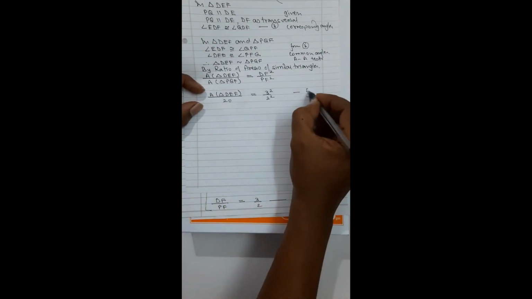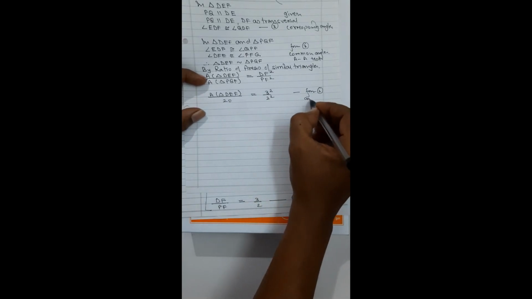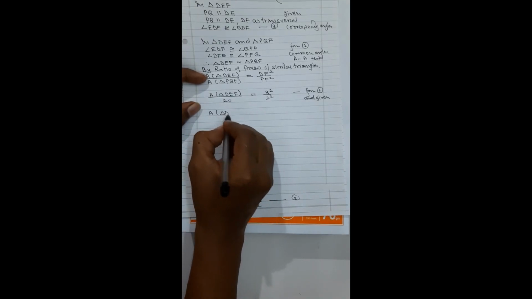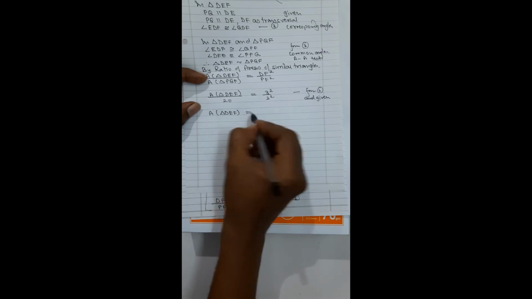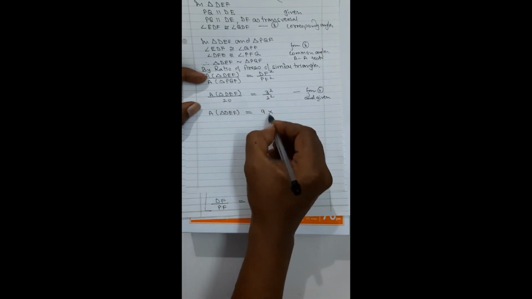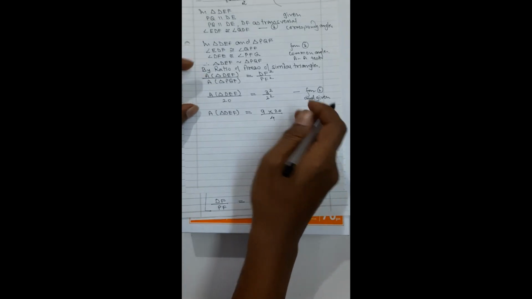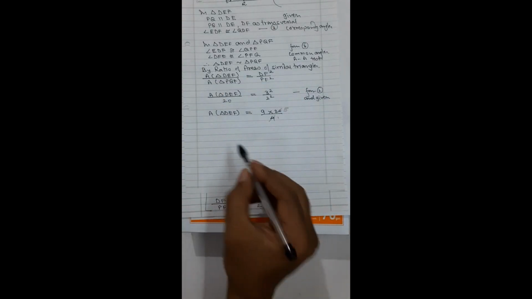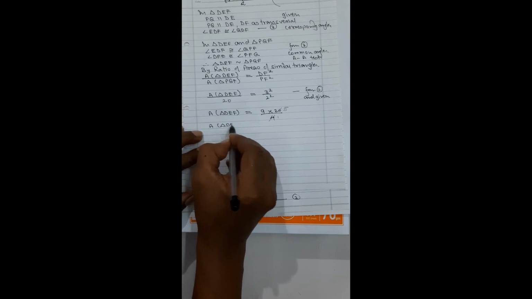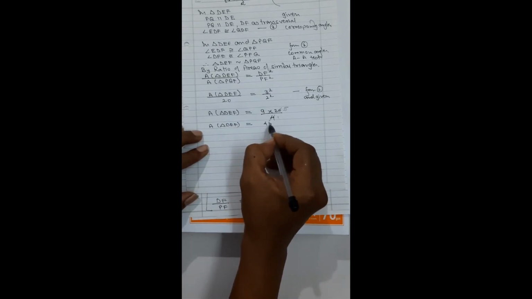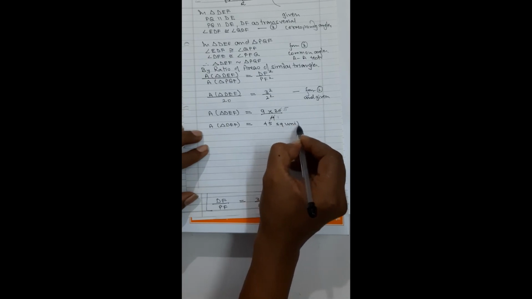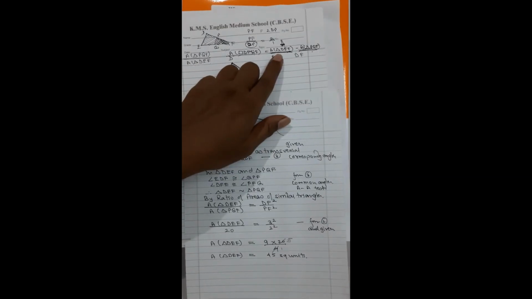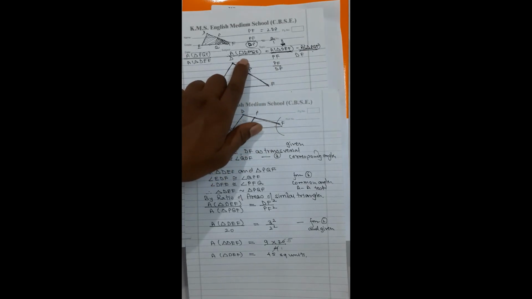From 2 and given, you will get area of triangle DEF is equal to 3 square, which is 9, and 20 multiplied over 2 square, which is 4. So 20 divided by 4 is 5, and you get area of triangle DEF equal to 9 times 5, which is 45. Now this minus this will give you the area of the quadrilateral.